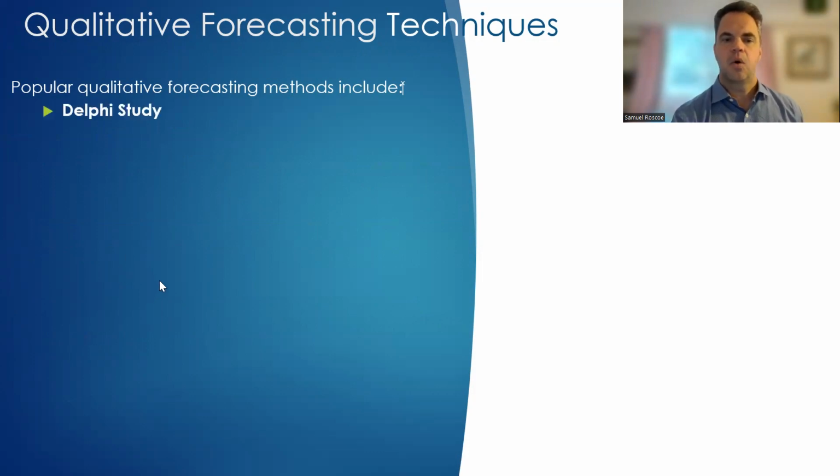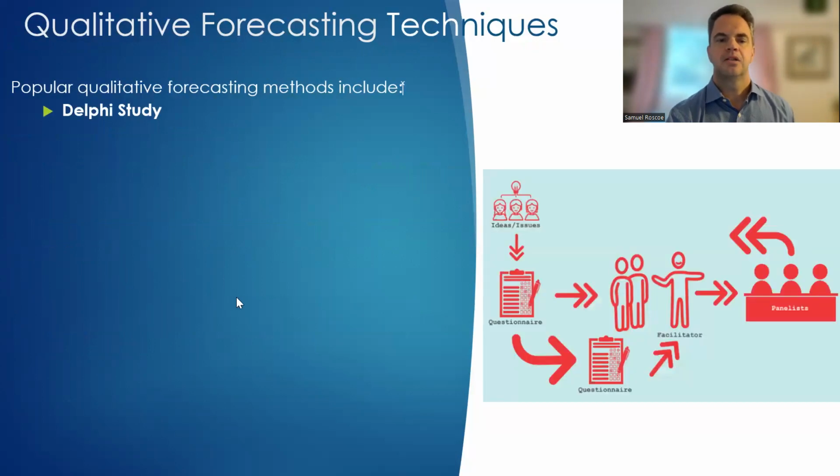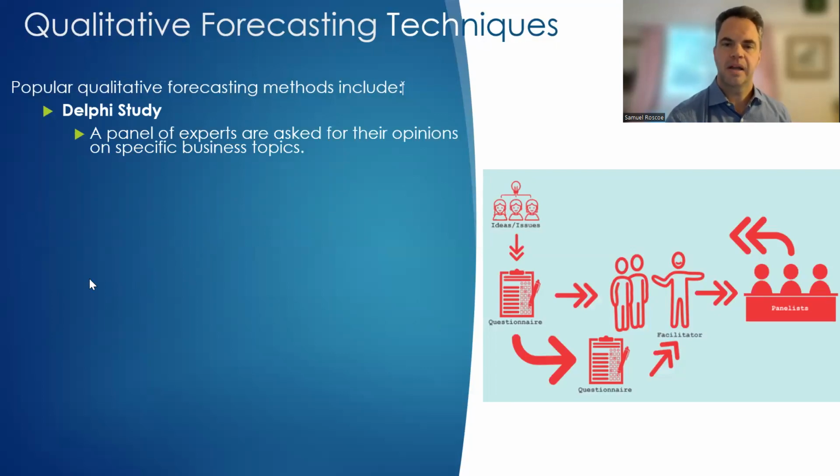So some of the qualitative forecasting methods that we could use, one of them is called the Delphi study. So think about the Oracle of Delphi. It's about how do we sort of predict the future. And a Delphi study is this idea of bringing together a panel of experts and asking for their opinions on a specific business topic. So you can see in this diagram, I have this idea, I develop a questionnaire, I bring a panel of experts together, I put the questions to the panel, they discuss it,